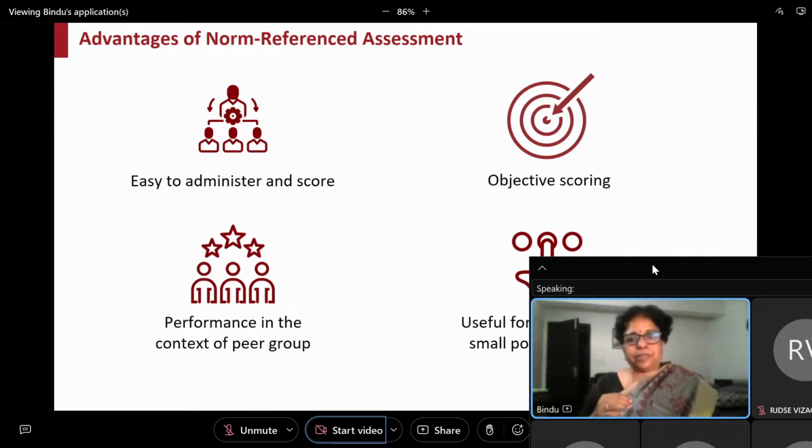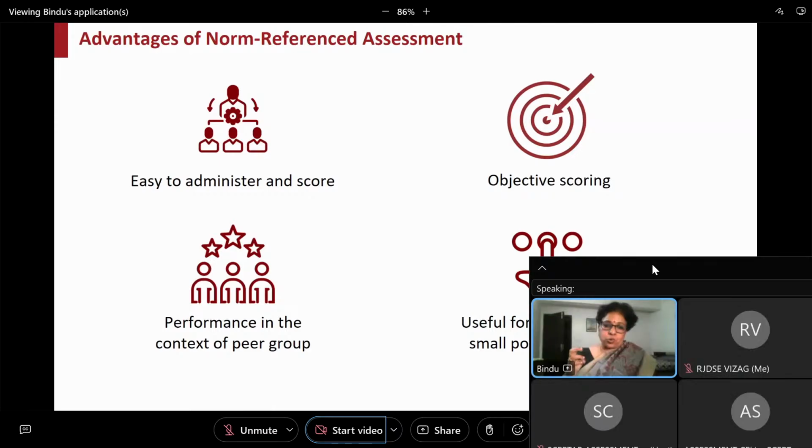And the scoring additionally is also objective, because when you are scoring a subjective test, a free response test, a few scorers can score the answer response differently. But when it is multiple choice questions, there is no subjectivity in scoring. So the score the student gets will be an objective score. And the performance